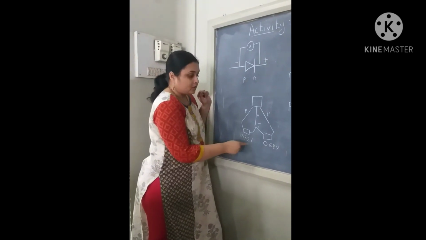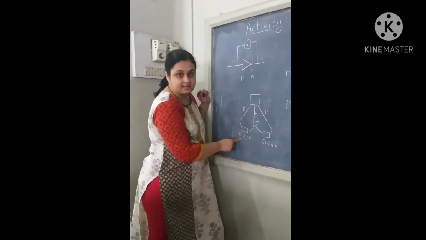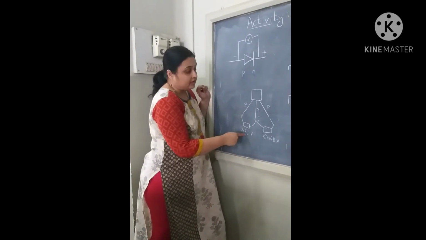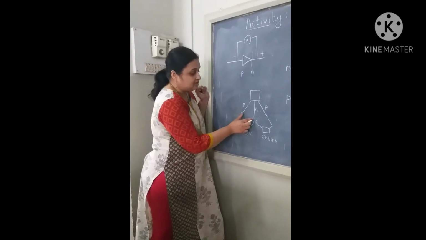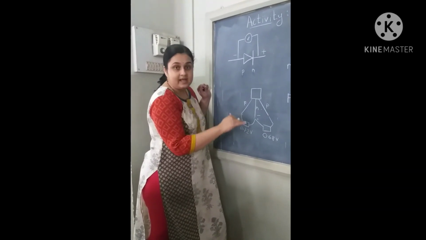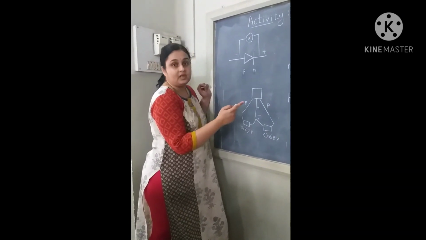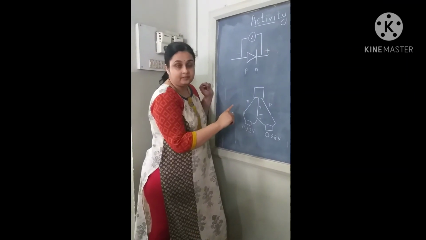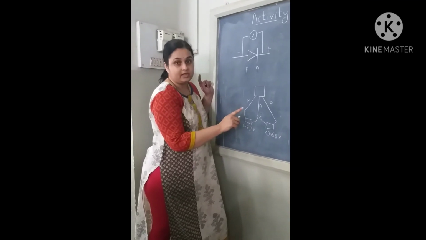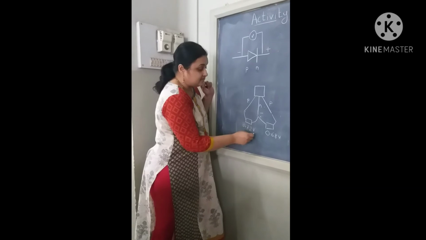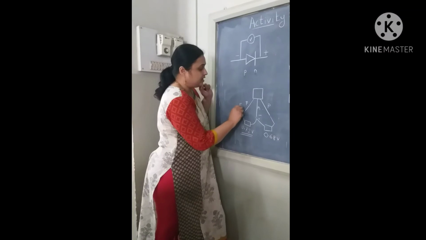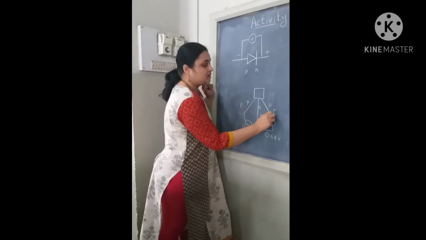So what do we see? The voltage is less here and more here. We are getting more voltage over here. So from this, what do we come to know? We come to know that the voltage between these two is more than these two. And our knowledge of transistors tells us that since emitter is highly doped compared to the collector, the emitter base voltage is always more than the collector base voltage. So I can come to know that since the voltage is high over here, this terminal should be the emitter and this terminal should be the collector.